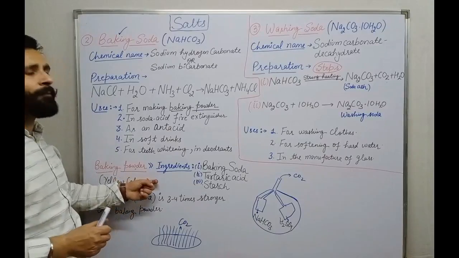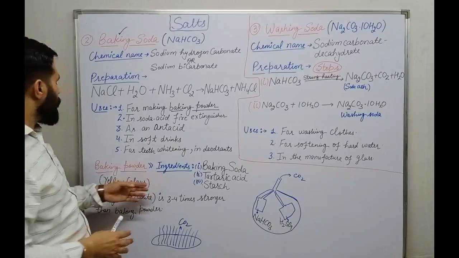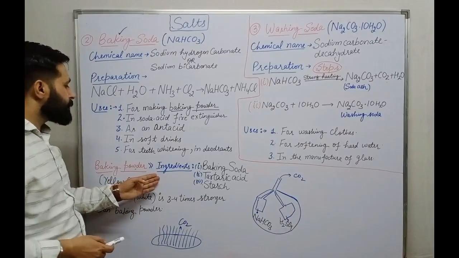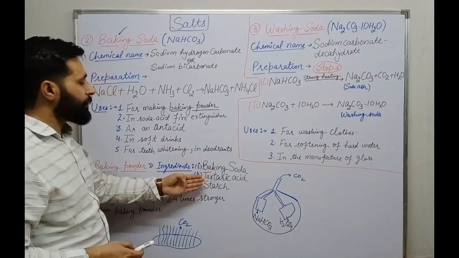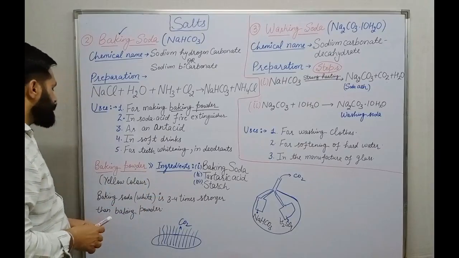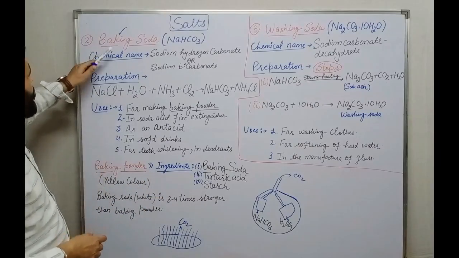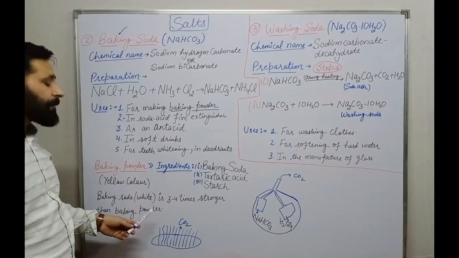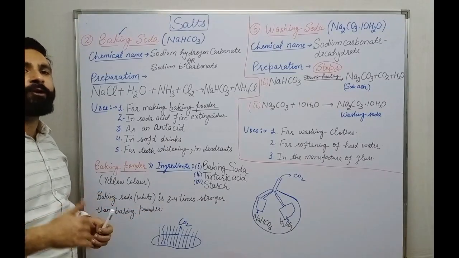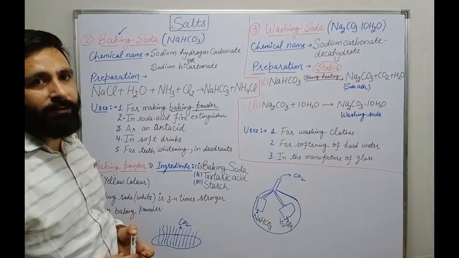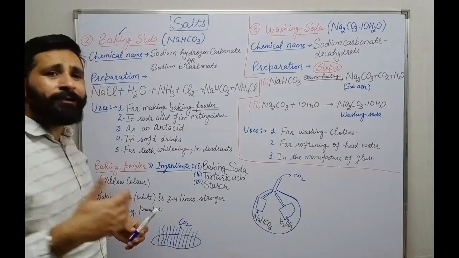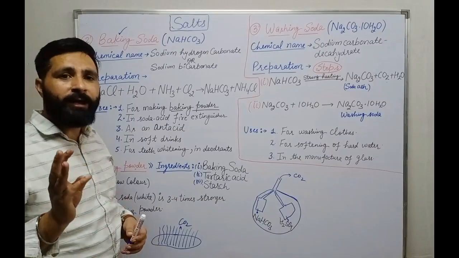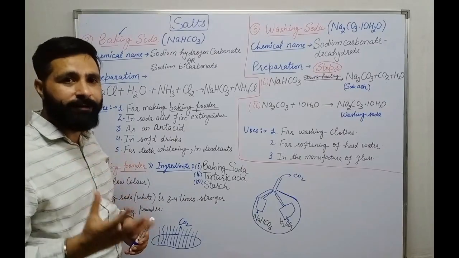This question will not come in your syllabus, how baking powder is prepared. Here it is general information, so that you know it requires baking soda, tartaric acid and starch. बेटा, baking soda is 3-4 times stronger than baking powder, but generally we use baking powder at homes. Bakers also use it. For what purpose do they use it? For making cake, pastries, etc., to make them fluffy.